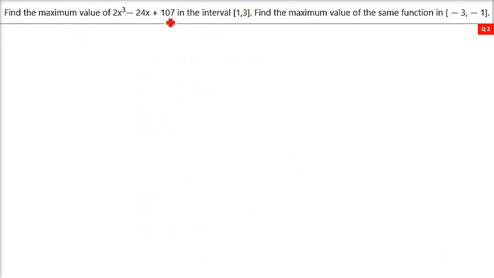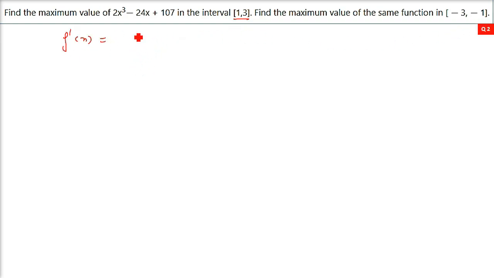Find the maximum value of this expression in the interval 1, 3. Find the maximum value of the same function in the interval negative 3 and negative 1. So these are different intervals, and before going ahead with the 2 different things which are being provided,